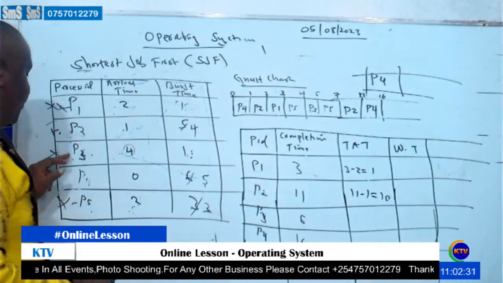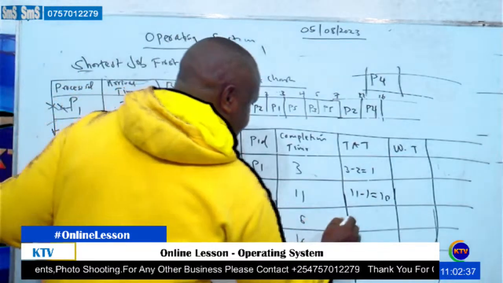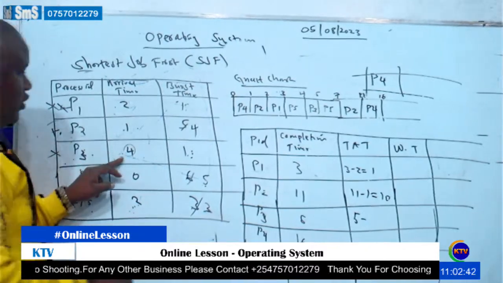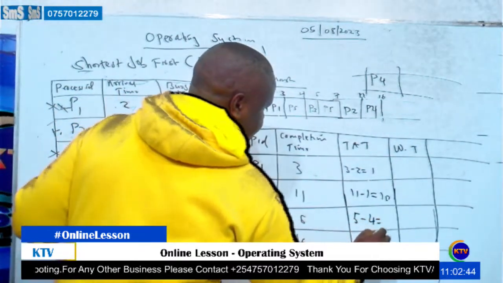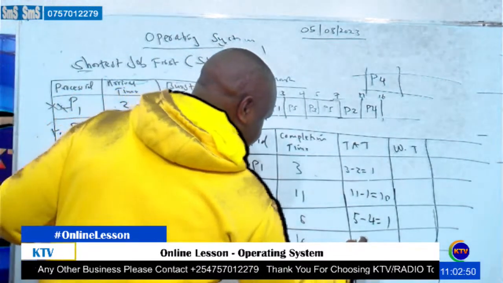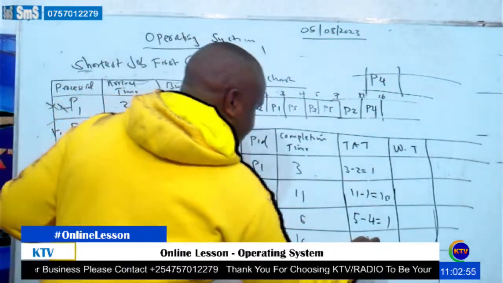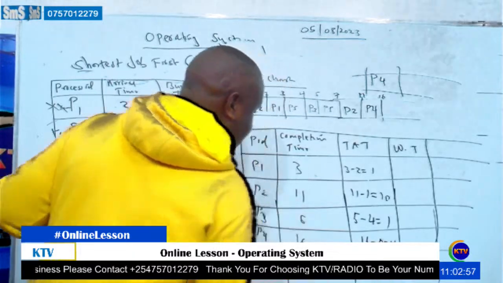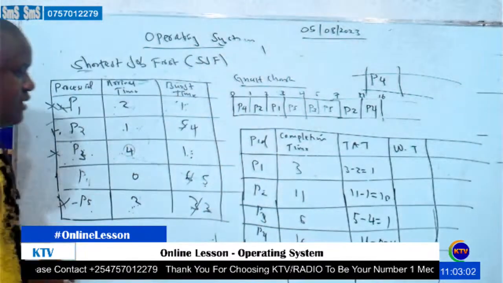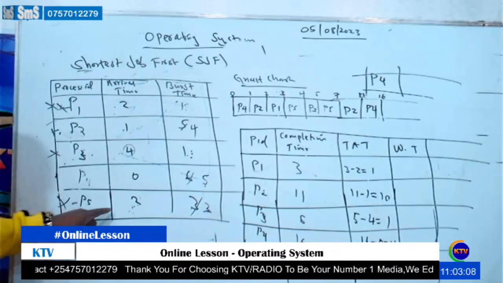The completion time for process 3 is 5, minus the arrival time 4, which is 1. The completion time for process 4 is 16, minus the arrival time 0, which is 16. The completion time for process 5 is 7 minus the arrival time, which is 2,